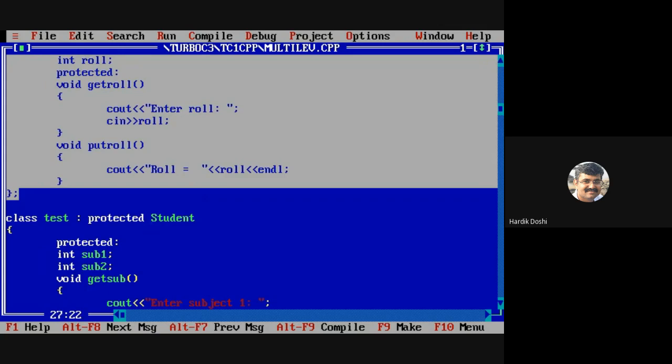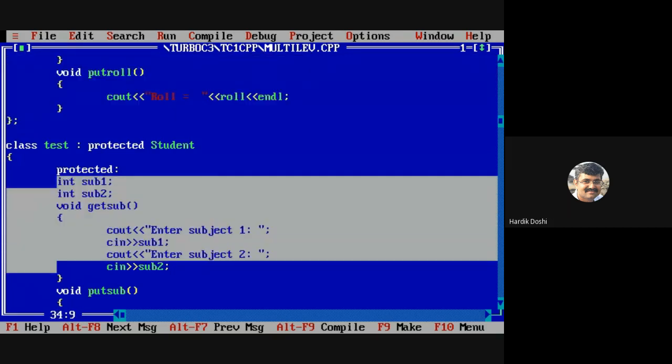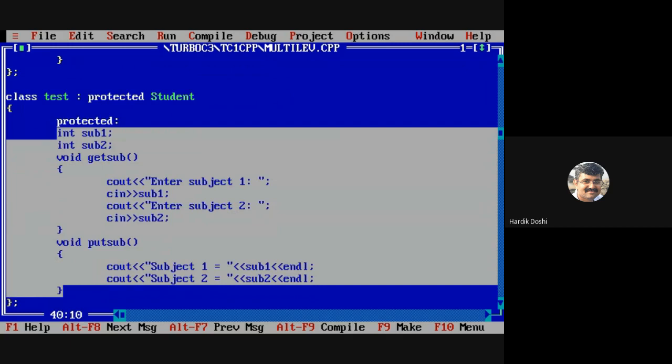That means along with subject 1 and subject 2, get sub, put sub, we have one more in this list, which is get roll and put roll. See, along with these 4 members, now 2 more have been added to this protected section.